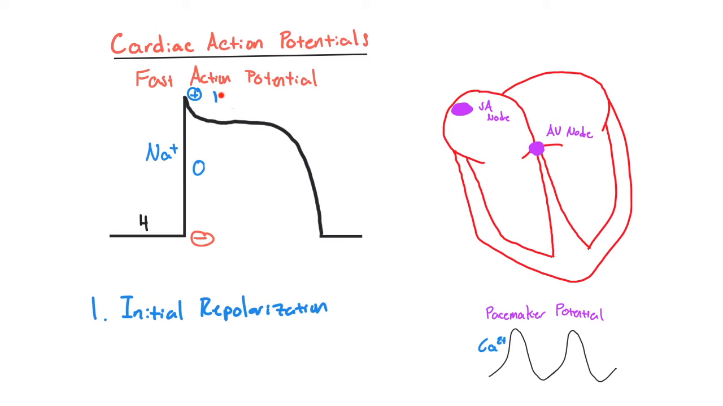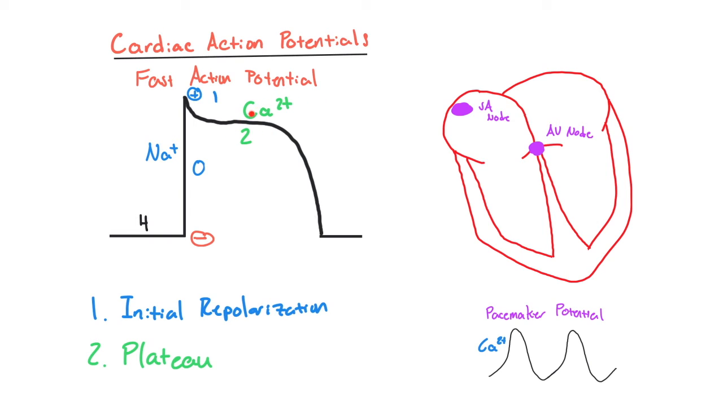Once this initial repolarization has taken place, another ion channel will open, which is responsible for this part of the action potential, this plateau phase. And that next channel is the calcium channel. Calcium channels here are responsible for phase 2, or the plateau. So during this phase, calcium is moving into the cell, both keeping the cell positive and, more importantly, helping the